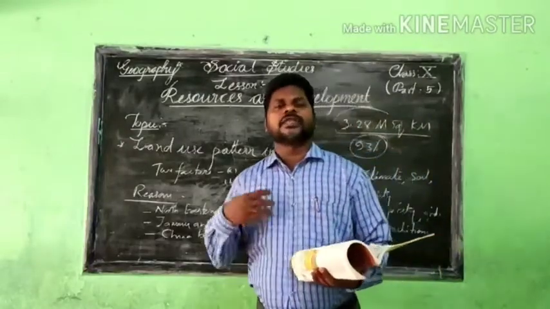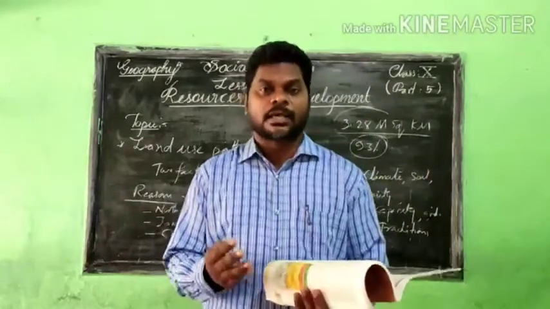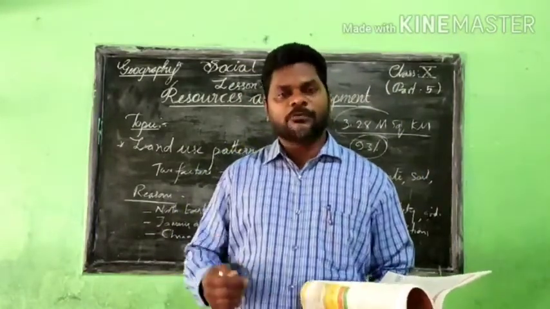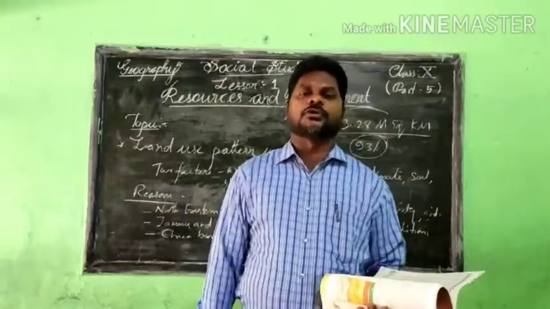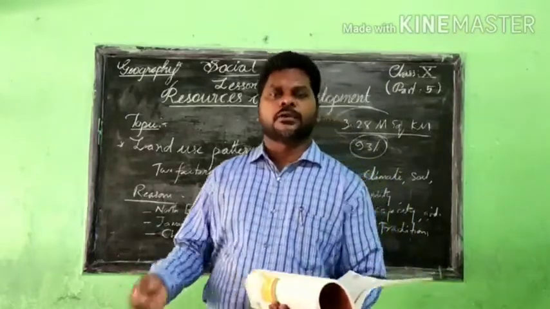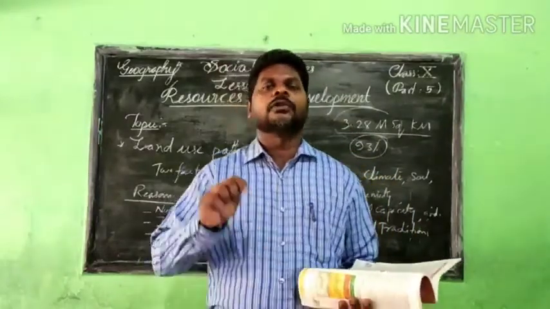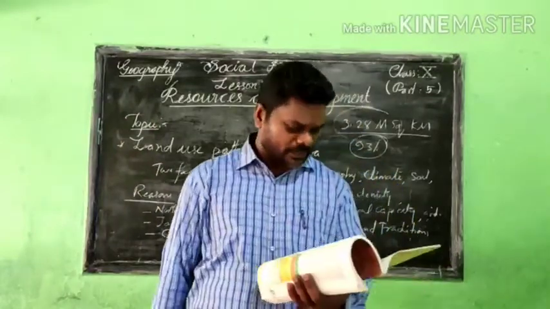And the cost is very high, but the benefit is very less. Who will do the agriculture on such a land, fallow land? Because if we are spending money and getting benefit, then only people will do the agriculture over there. And if we are spending more money, and that much money also we are not getting from the agriculture, no one will go for doing agriculture on those fallow lands. So this was one of the reasons.